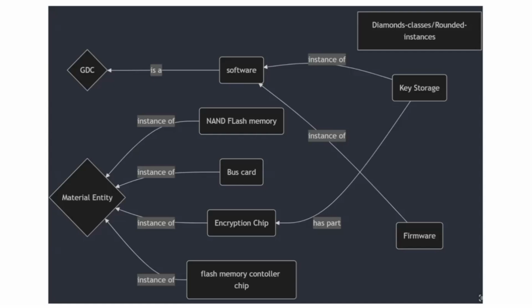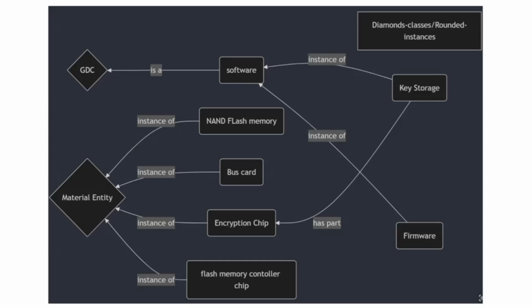What's going on here is if you put this in OWL and ran a reasoner over it with BFO, you'd get an inconsistency because you'd be saying something is both a material entity and a generically dependent continuant, and you can't do that. Just so you see the logic: you'd be asserting that key storage is a generically dependent continuant, found on its own, but then you'd also be asserting that it has a part that is a material thing, which entails that key storage is a material thing. And so you can't have both. Does